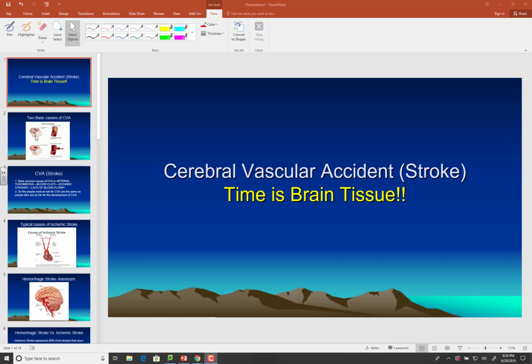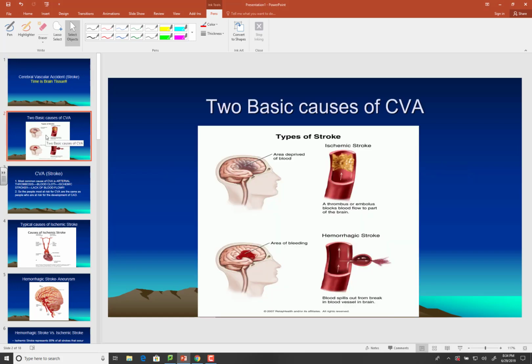And really, there's basically two causes for stroke, and you should be aware of these. You should know these. The first one is ischemic stroke. Basically, something is interrupting the blood flow through the artery of the brain. The most common cause is a blood clot. And furthermore, the most common cause of the blood clot is narrowing of cerebral arteries, typically carotid arteries,